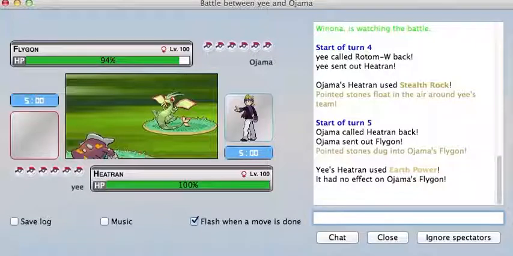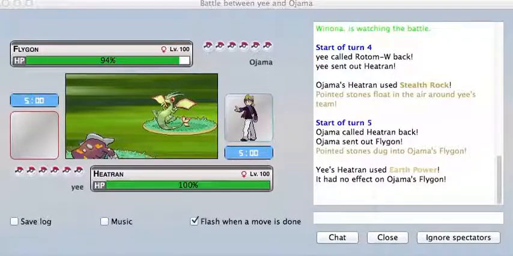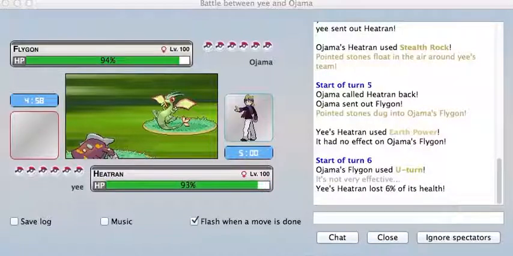But either way, he's going to send in his Heatran on Ojama's, which is a risky move since a lot of them have the Shaka plus Earth Power, and he could have even Earth Powered right off the bat if he was feeling risky about it. But he wasn't, and he wanted to get up his rocks, which is actually a smart play. Residual damage racks up. And he goes for the Earth Power, misses Flygon,